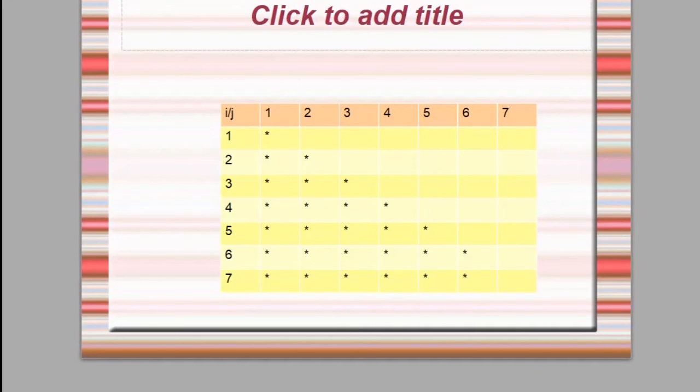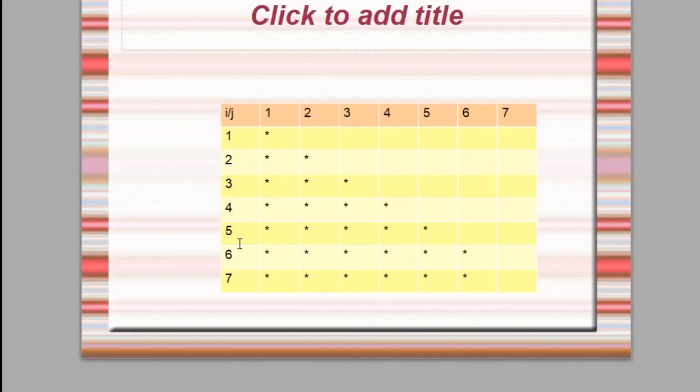So we have to take these rows as i, and we are considering these columns as j value. So here I have taken two variables. Rows, I am identifying with an i value, and I am identifying the columns with a variable j. Now I have to find out the relation between these rows and the columns.